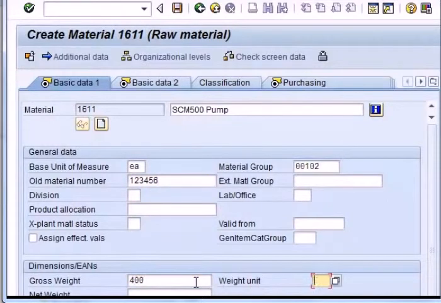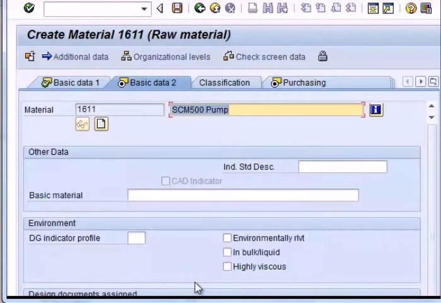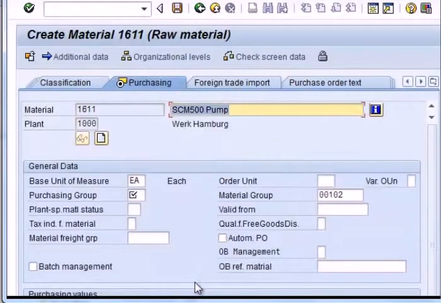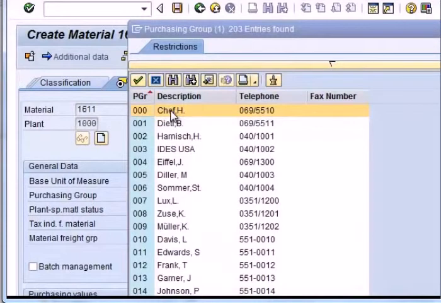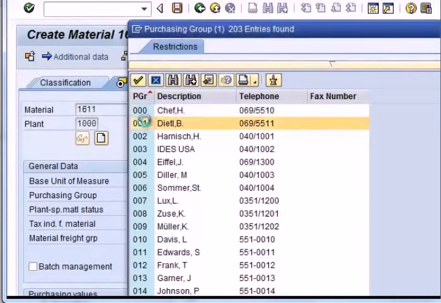Next is the gross weight and the gross unit of measure, and then net weight. You don't need to give anything on this screen, it's not mandatory. On the purchasing view, you need to give the purchasing group. You can select from the drop down. Select any one of them